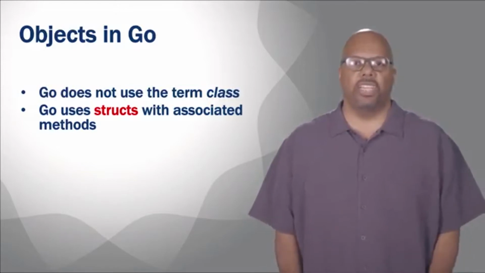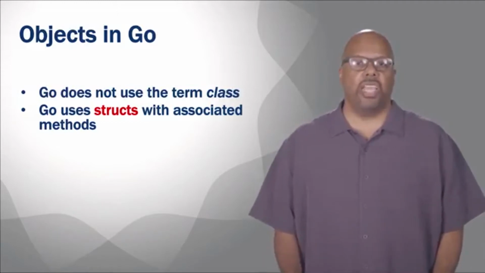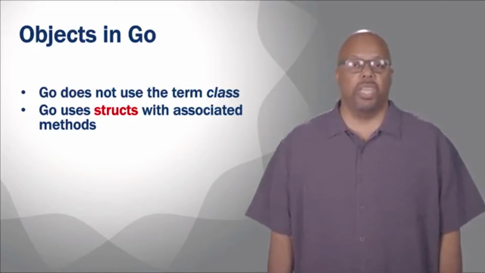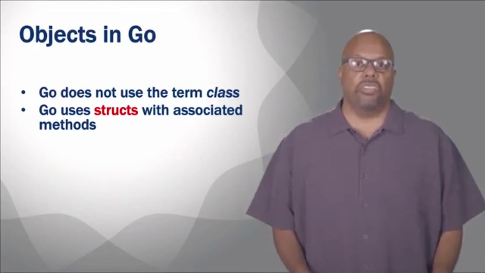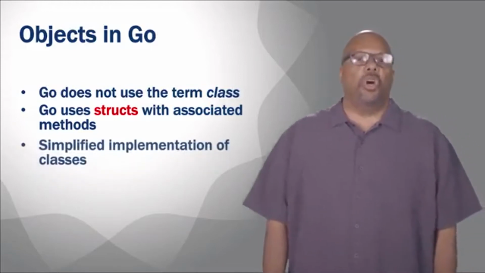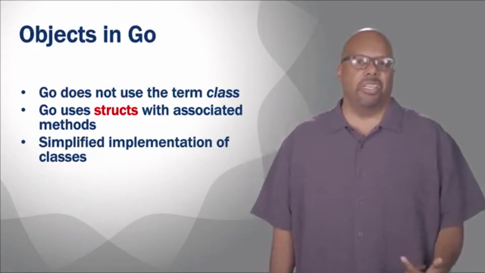So just the data related together. But also you can associate methods or functions with those structs. So the struct ends up being like what you would call a class in a normal object-oriented language. So you got these structs that have some data, some fields of data associated with them, plus some methods that you want to define. Now, Go's implementation of structs is simplified compared to traditional implementation of classes.